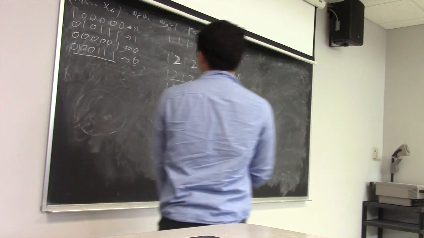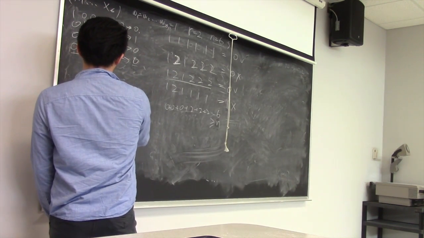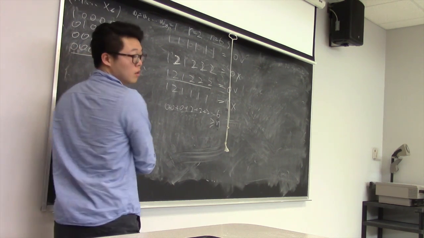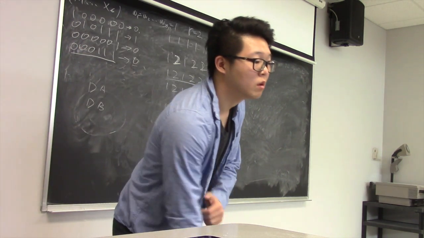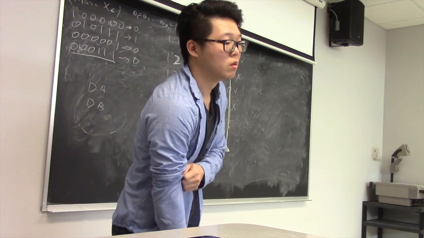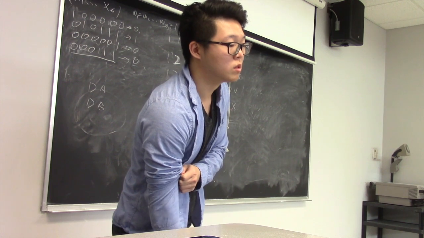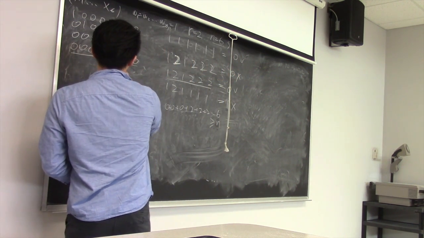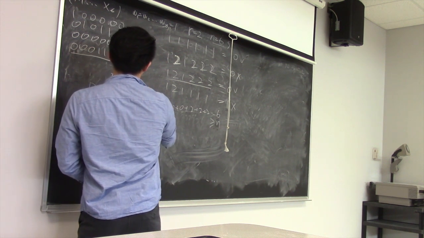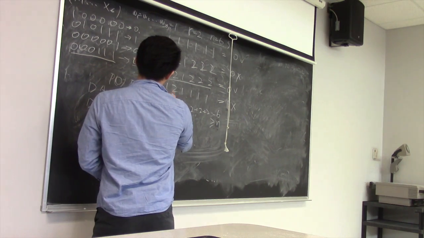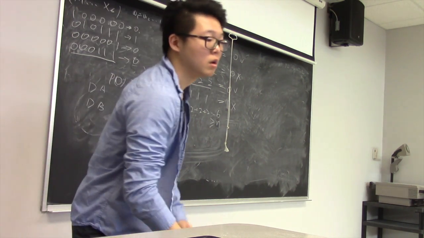There's a distribution A and distribution B, and we can see ones, zeros, ones, twos, and threes in there. So there's P1, P0, P1, P2, and P3, which is